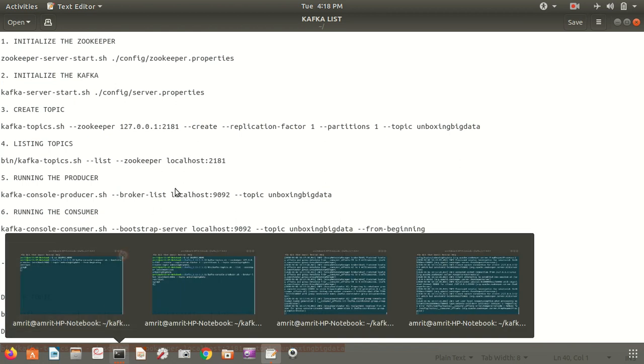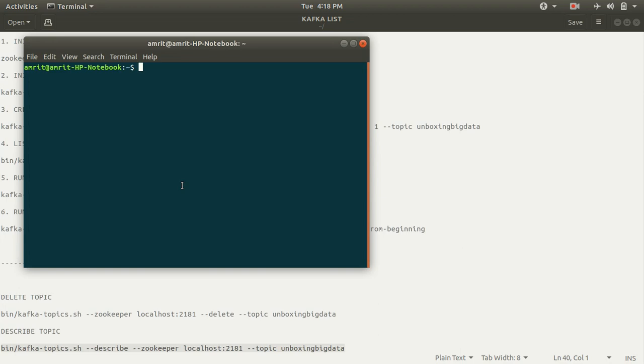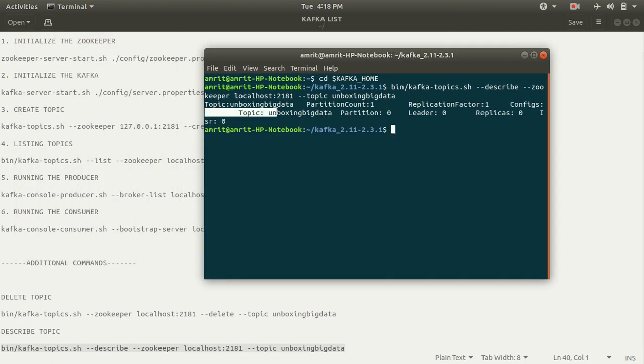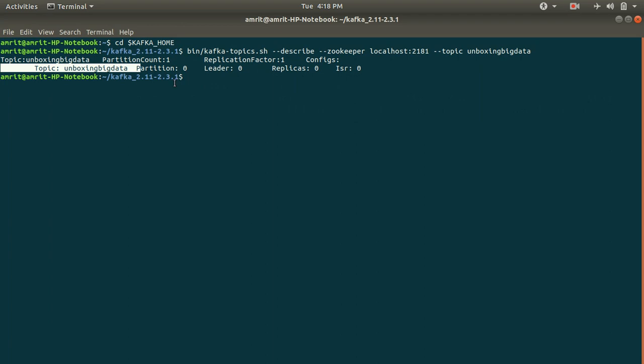So I can open another terminal, go to the Kafka home and write this command. You can see that everything has been mentioned here. It has shown me what my replication factor is, what my partition count is, what my partition leader is, replicas, everything has been listed here. It's kind of a description command.